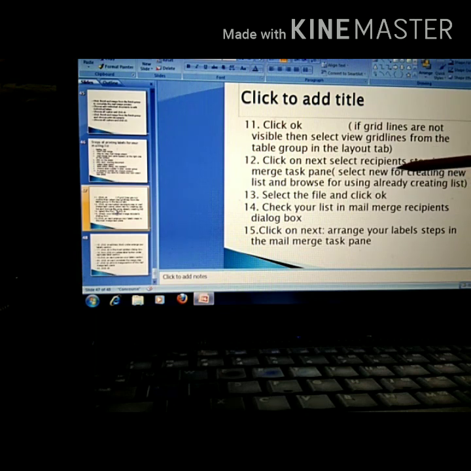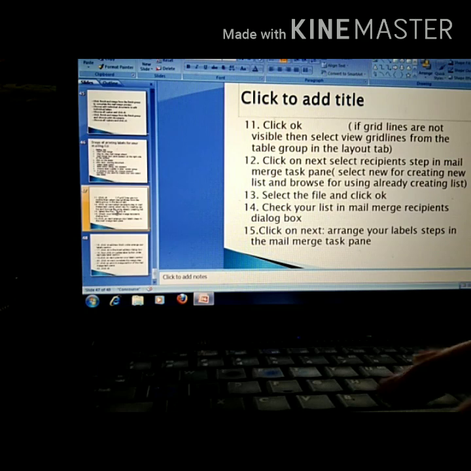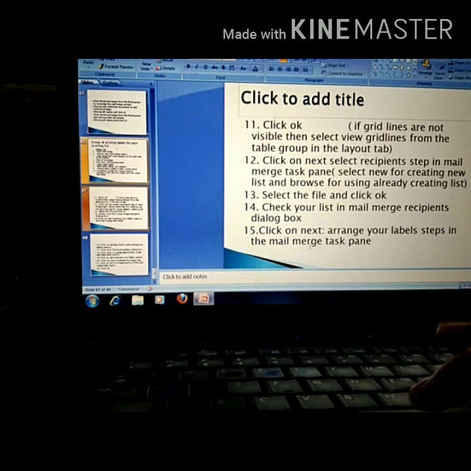So you can select according to you. If you want to create new, use create new list, and browse for an already created list. Done. Next, after selecting your file, click OK, and the next step is to check your list; the mail merge recipients dialog box appears. You can select that one and then click next and arrange your labels.